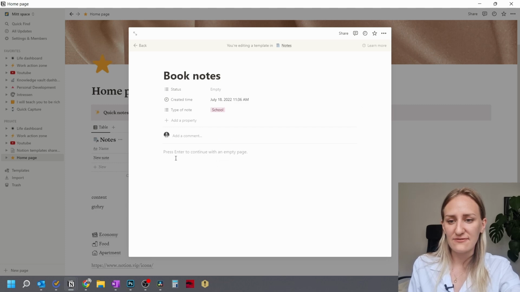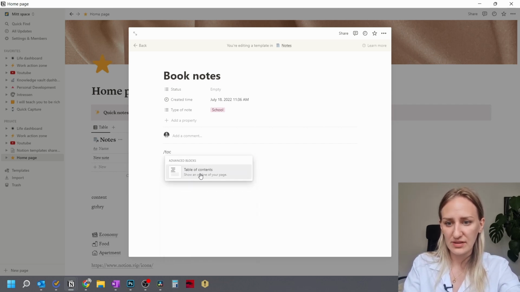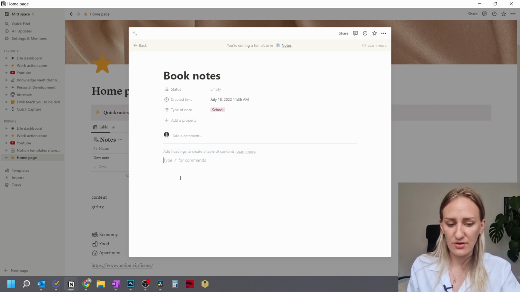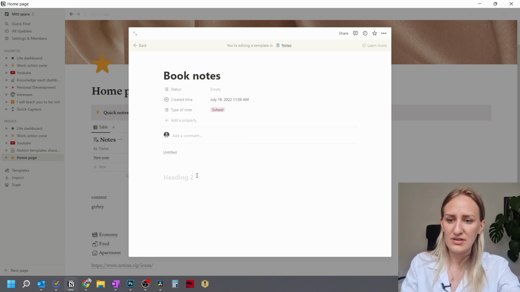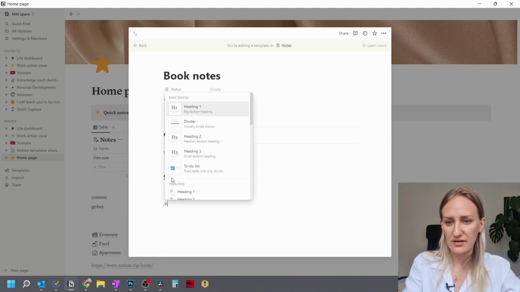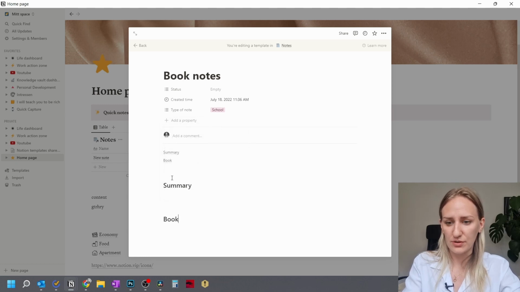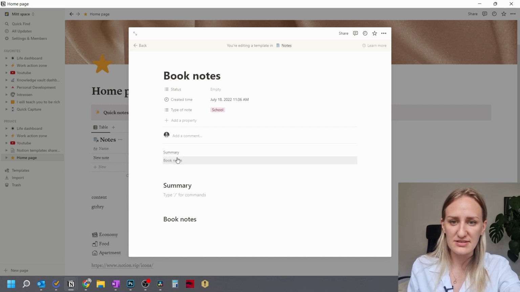And then we can see this field down here, like the regular text edit field. So what we could do is add a table of contents. So now we have that set from the beginning. And then you might want to have a headline. I usually don't do H1 because they're so big, but let's do an H2. See here, now we have a headline. Let's call this summary. It could be a short summary of the book. And then we could do another H2, and then we'll do like book notes. So as you can see here, now you can enter this and write things, and you have the table of contents up here. If we just click outside of this box